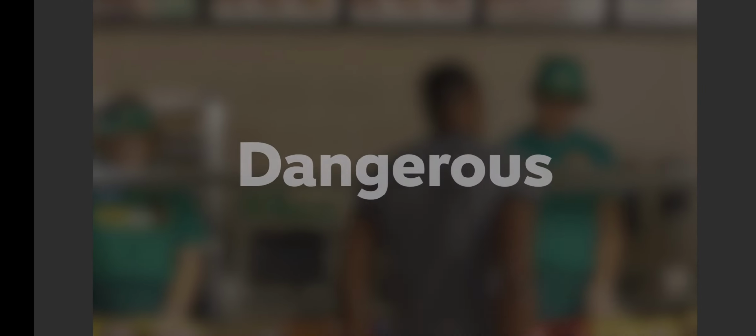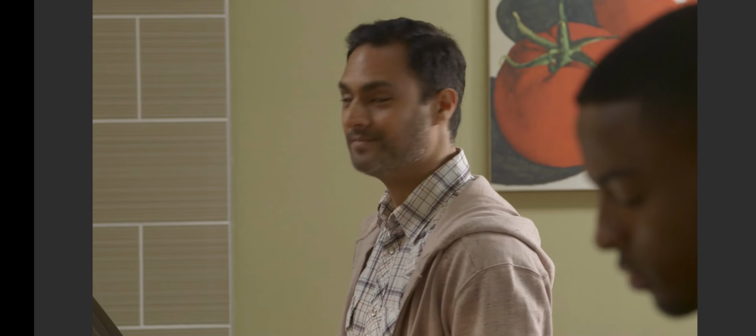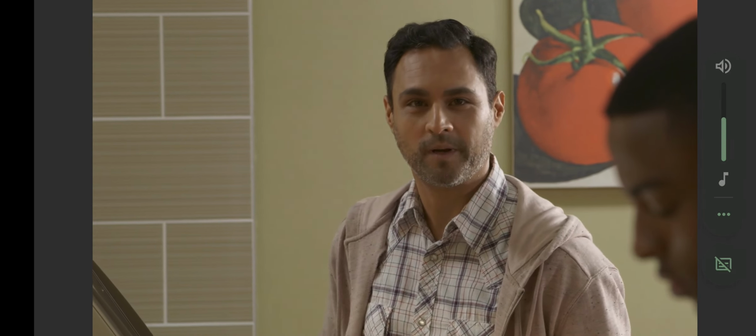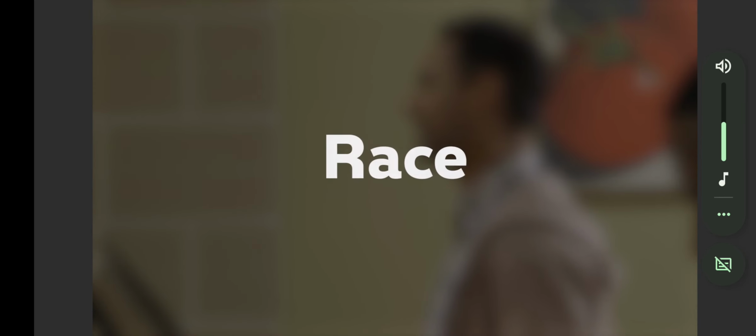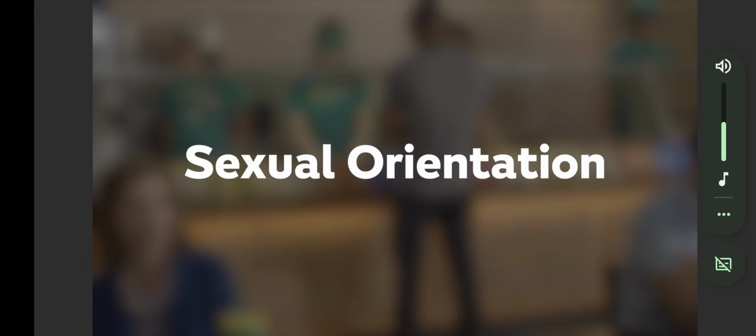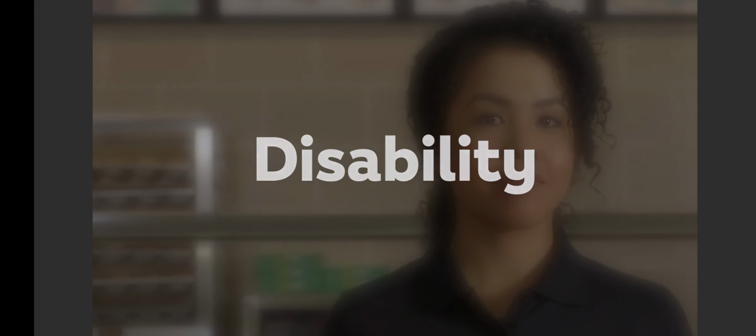Physical differences in ourselves and others is often the first thing we notice. These observations become dangerous when the differences are viewed as inferior. Here are some groups who frequently experience discrimination. Race, ethnicity, sexual orientation, gender, age, religion, weight, disability. Do you see yourself in any of these groups? If so, have you experienced discrimination? If not, have you perhaps negatively judged someone based on these differences?